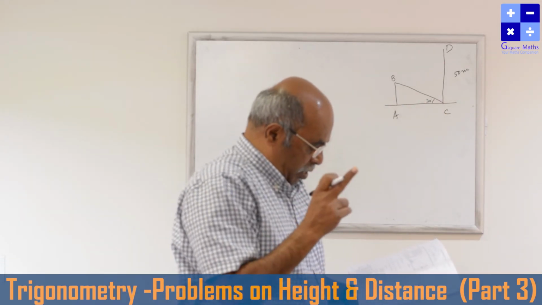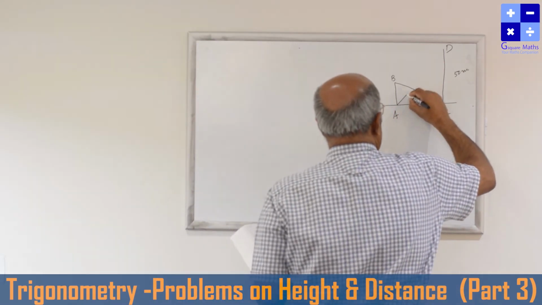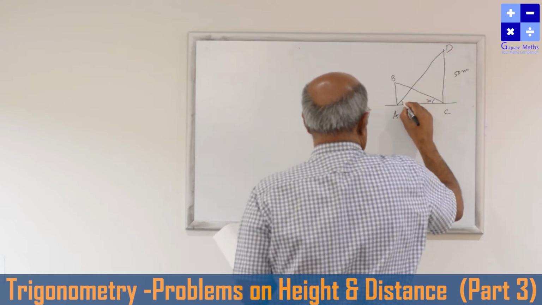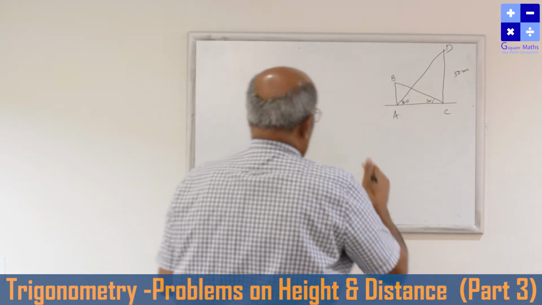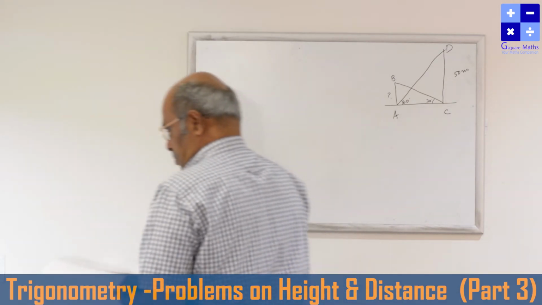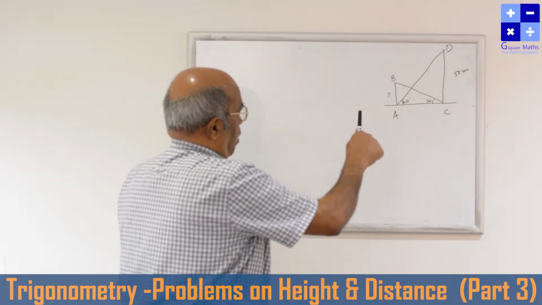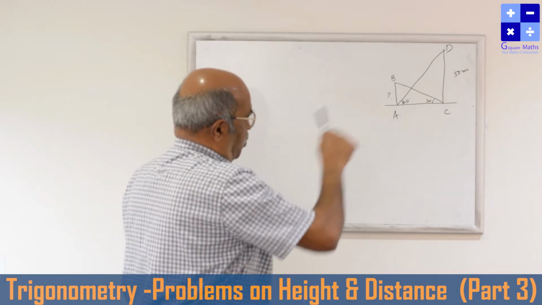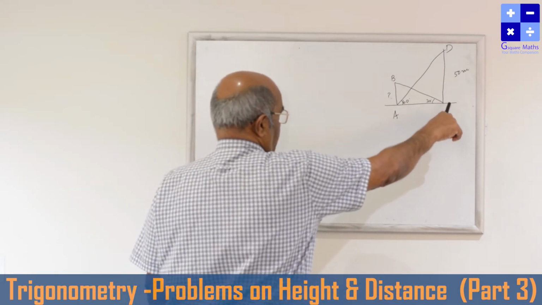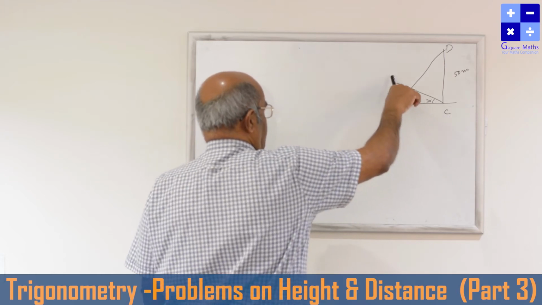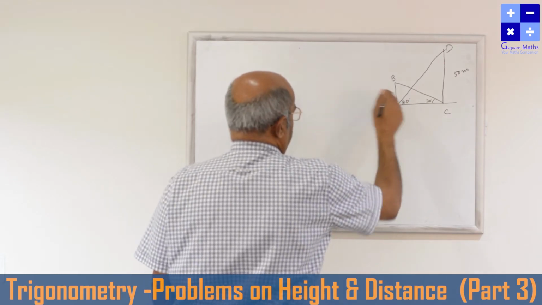And the top of the tower from the foot of the building. This is the foot of the building. The top of the tower is observed as 60 degrees. You are asked to find out the height of this. So let us write, let CD be the tower whose height is 50 meters and let AB be the building. From the foot of the tower C, the top of the building is observed as 30 degrees and this is 60 degrees. You are asked to find this height.